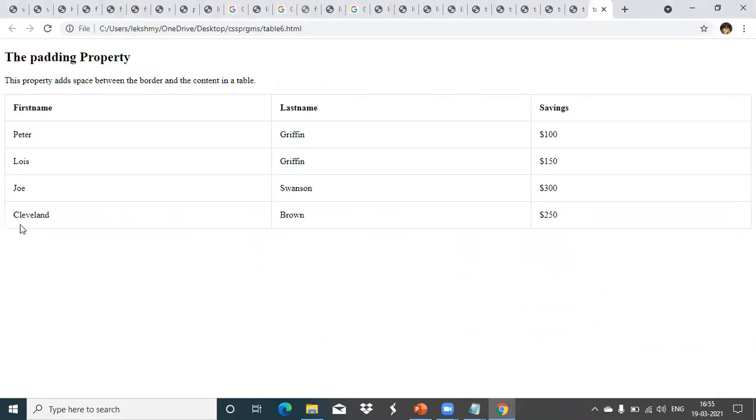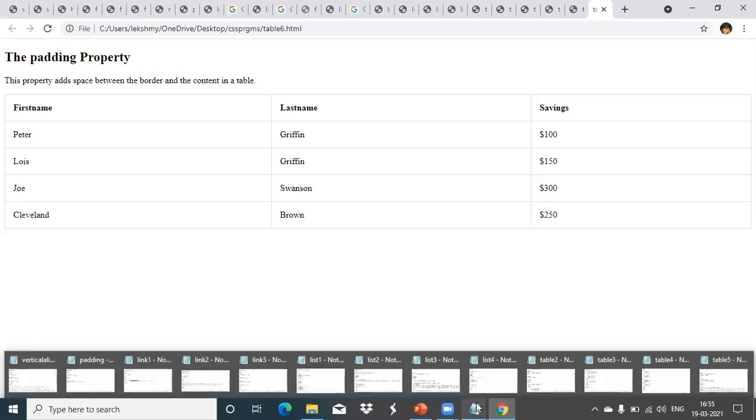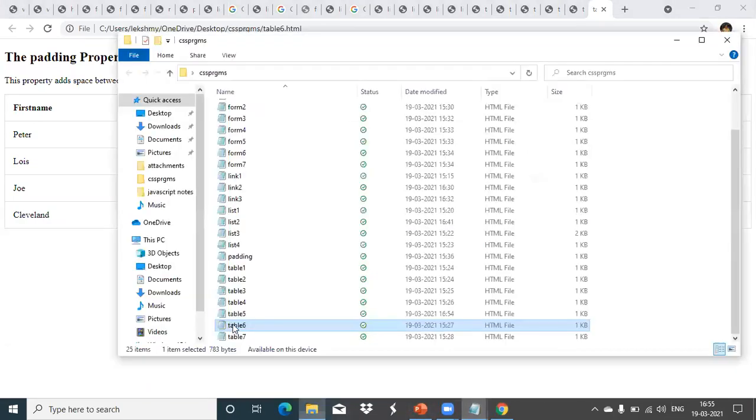See, now in this property, we are adding space between the border and the content in a table. So we have seen how to use the padding property again. Top we can give, bottom we can give, left and right also we can give there. So that we have added for this table data.